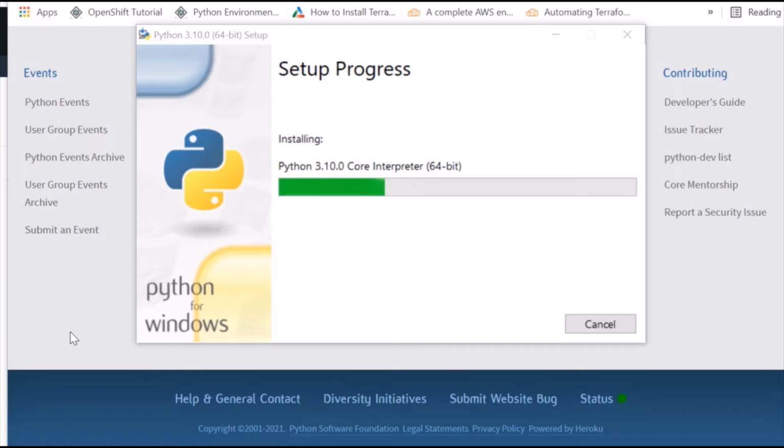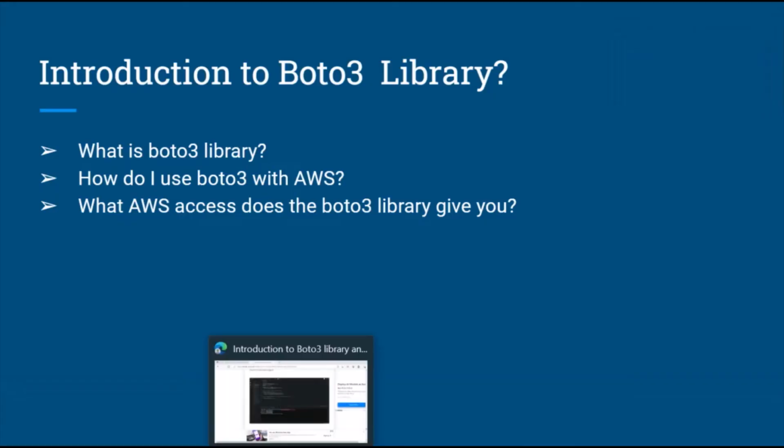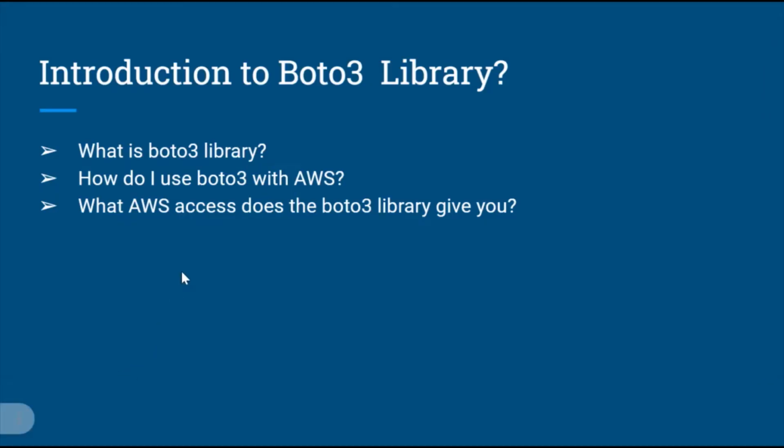Meanwhile, I will explain what Boto3 actually is and why we need it. The Boto3 library is an AWS SDK, software development kit, to run along with Python that allows you to create, configure, and manage AWS services using AWS APIs.